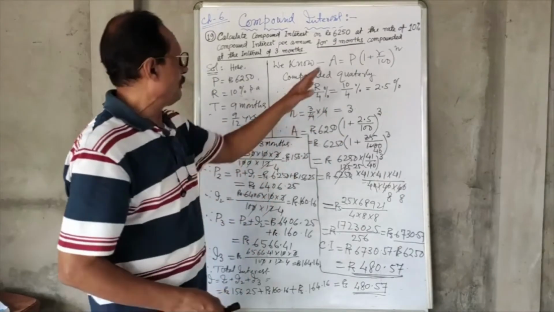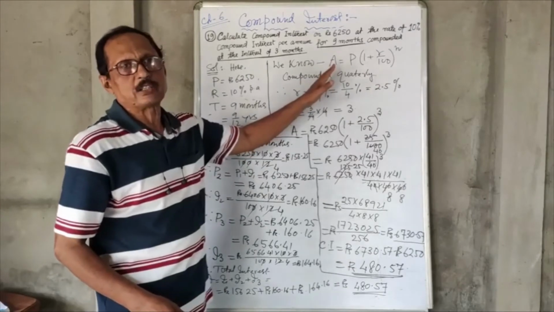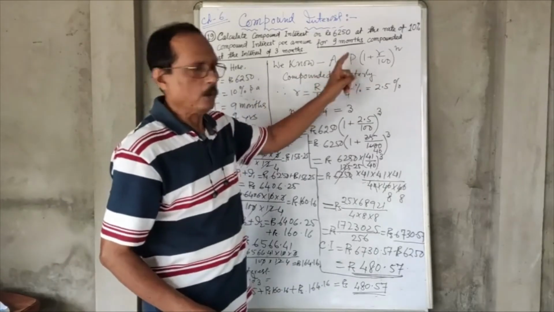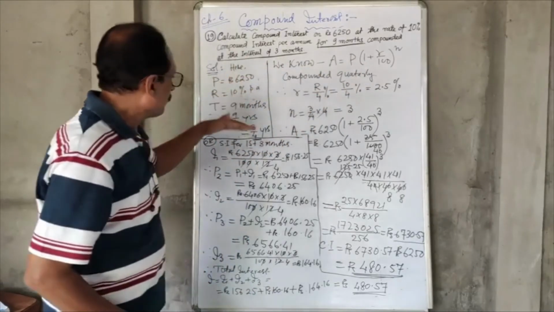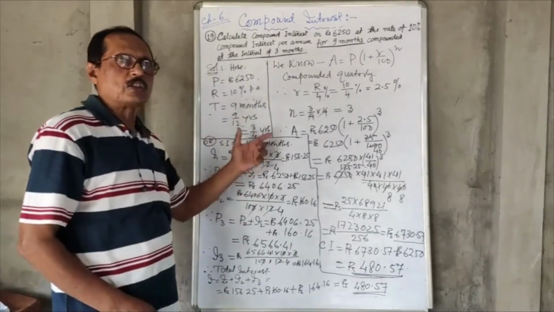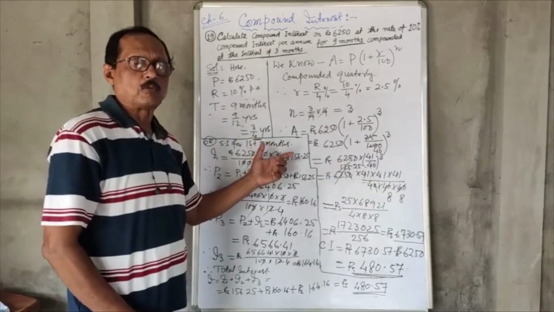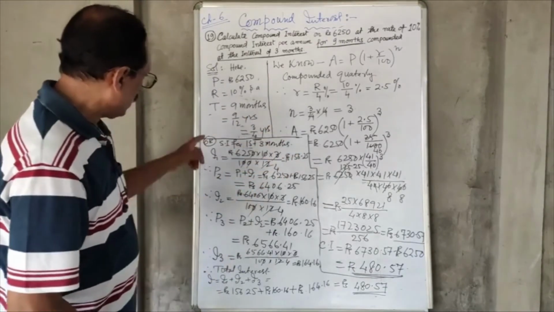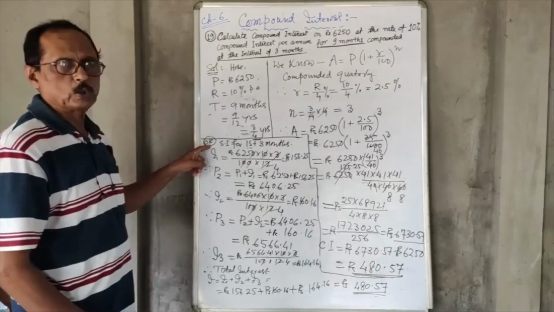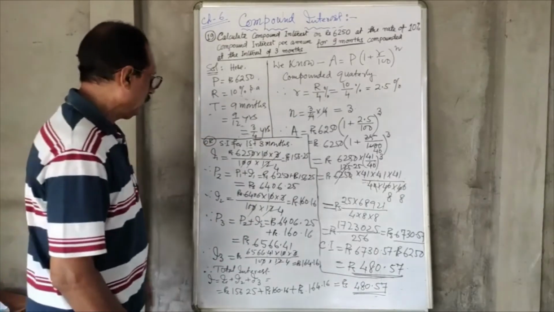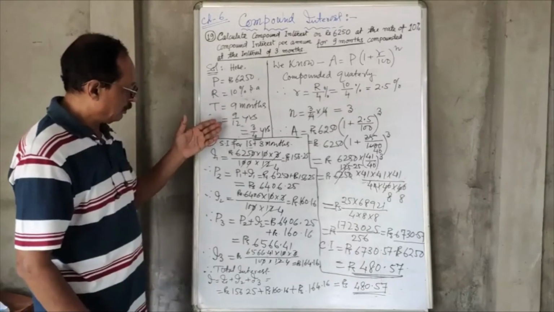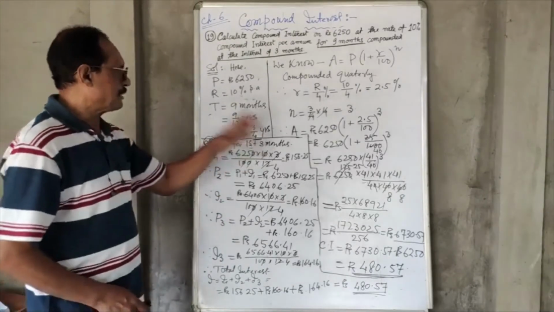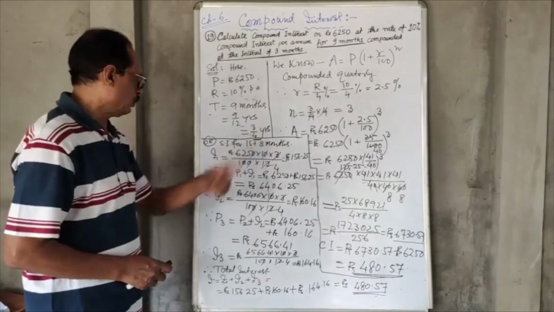So this problem can be solved in two different ways. One is directly using the formula, or one after another, stepwise, where first the 3 months interest is calculated. That calculation, you see, we have done as an alternative method of calculating the compound interest one after another. So firstly, the simple interest for the first 3 months will be calculated.